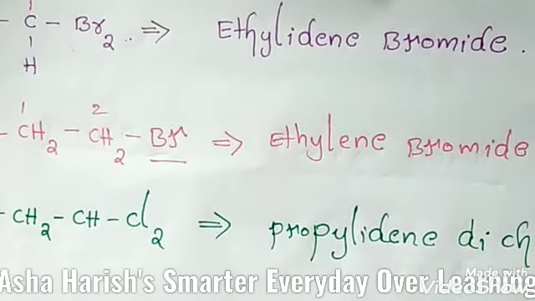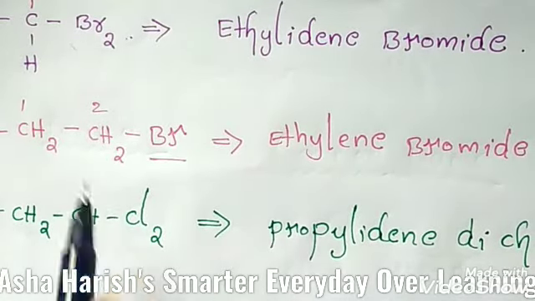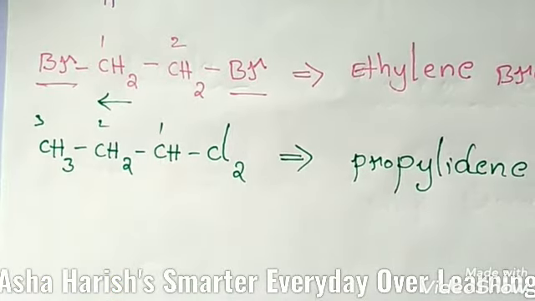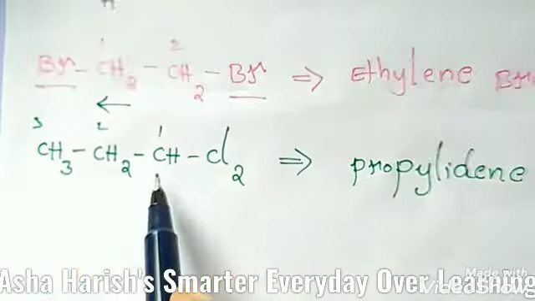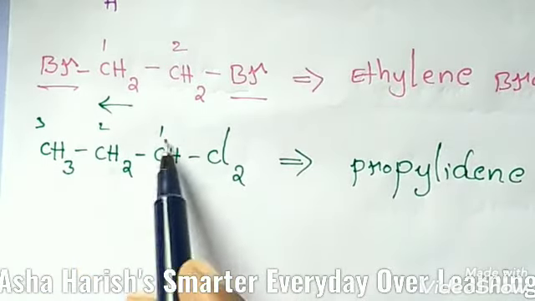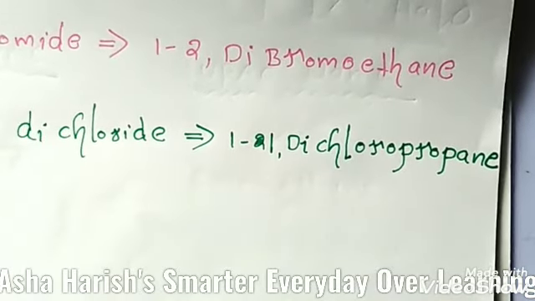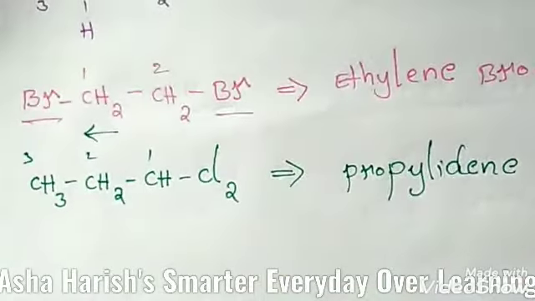If we see the IUPAC name of this, at which carbon atom these chlorine halogen atoms are located, to which carbon atom? Let's see if we give the numbering to this. Here 1, 2, 3. From right to left, we should give the numbering to these carbon atoms. Then students, here at the first carbon only, this halogen atom is attached here. Then the name should be 1,1-dichloropropane. 1,1-dichloropropane. Right, let's see the next example.